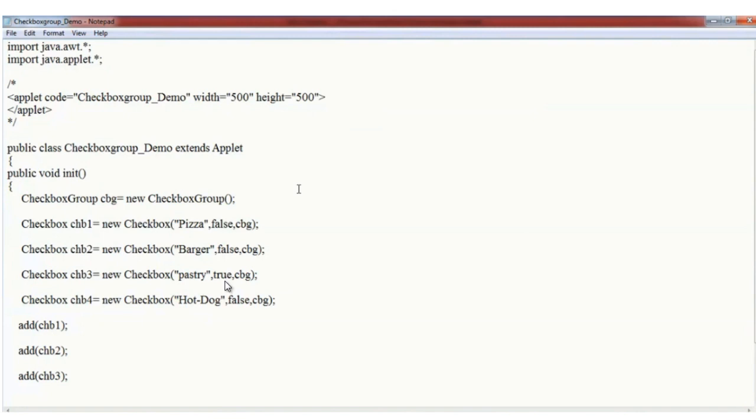By default all checkboxes are unchecked, but if you want it checked, then you have to write true instead of false, comma cbg. It is the name of the object of the checkbox group. Then for the fourth checkbox, chb4 = new Checkbox("hot dog", false, cbg). Hot dog is the name of the fourth checkbox, and the value is false, meaning it is unchecked, comma cbg.